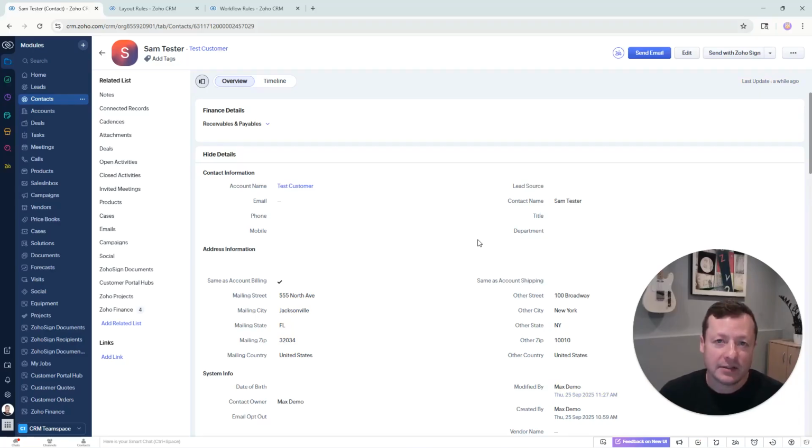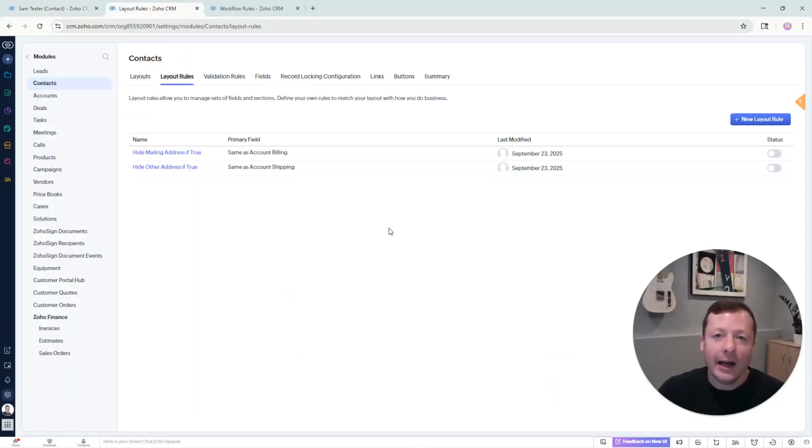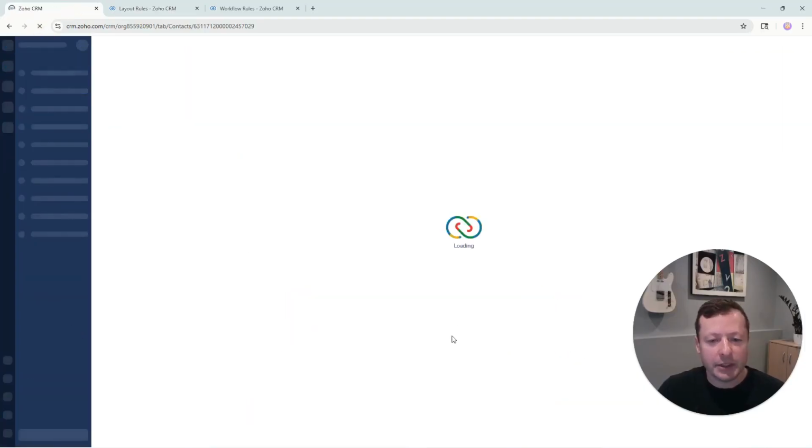Now, we can even take things a step further. We can also configure layout rules that will hide the individual address fields on those contacts where they should always match the account. This way, there's no confusion with one of your users going into that contact record and mistakenly updating the address of an individual contact that really should always match the account. So here are a couple of layout rules that are configured. I'm going to turn one on here, and what you will see is that if we refresh our screen,